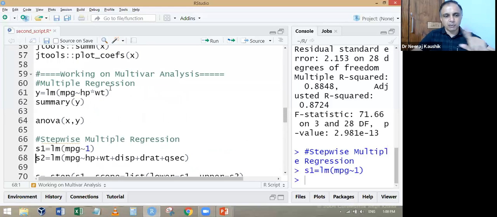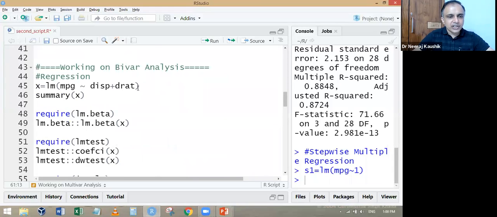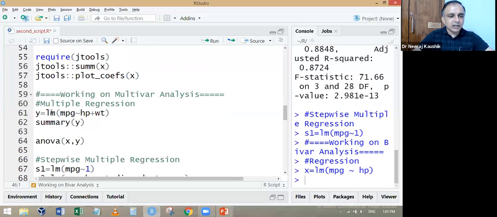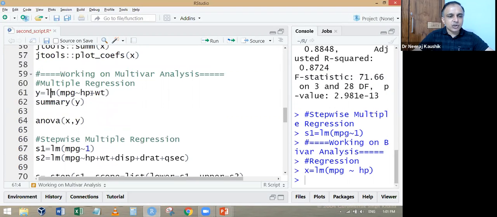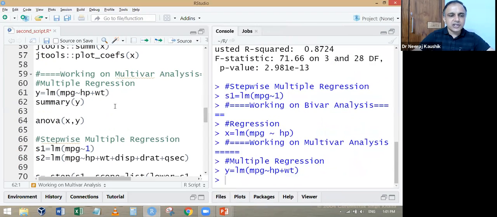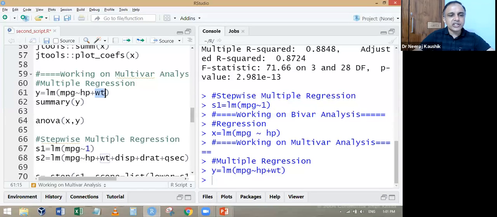Before that, let me tell you one thing more. I forgot to tell it to you. Let me run X. What is X? X I am taking as the simple variable: MPG depends on HP. Okay, this is X. And let me run Y: MPG depends on HP plus weight. This is also done. And now if you want to check whether this weight is contributing significantly or not,